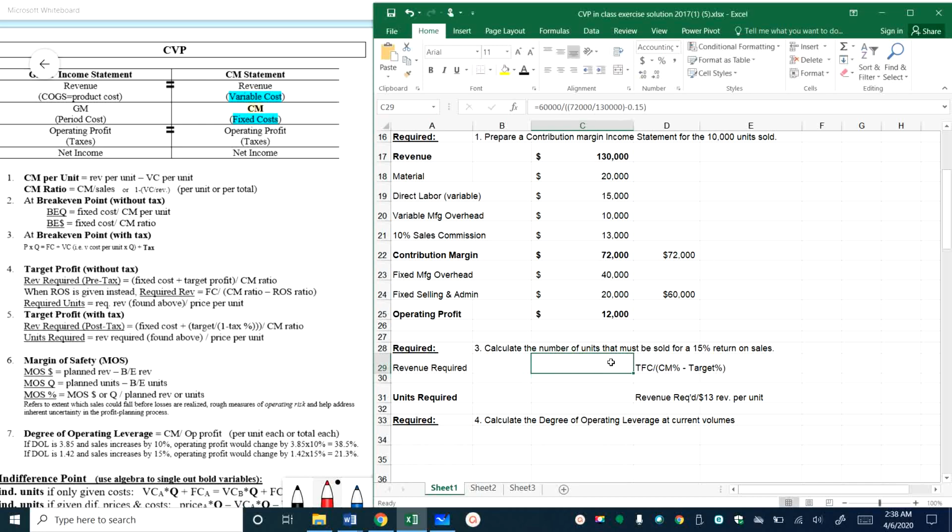So if this equals 148, yeah, perfect. So this equals